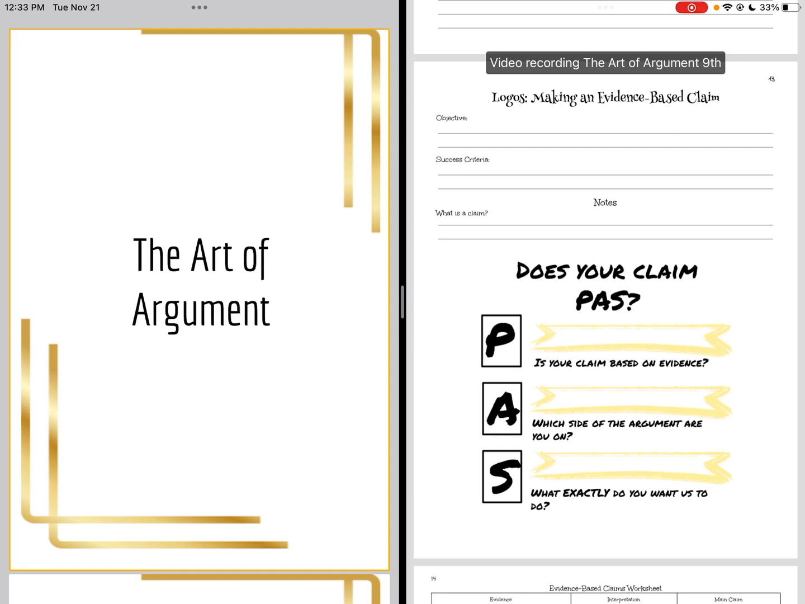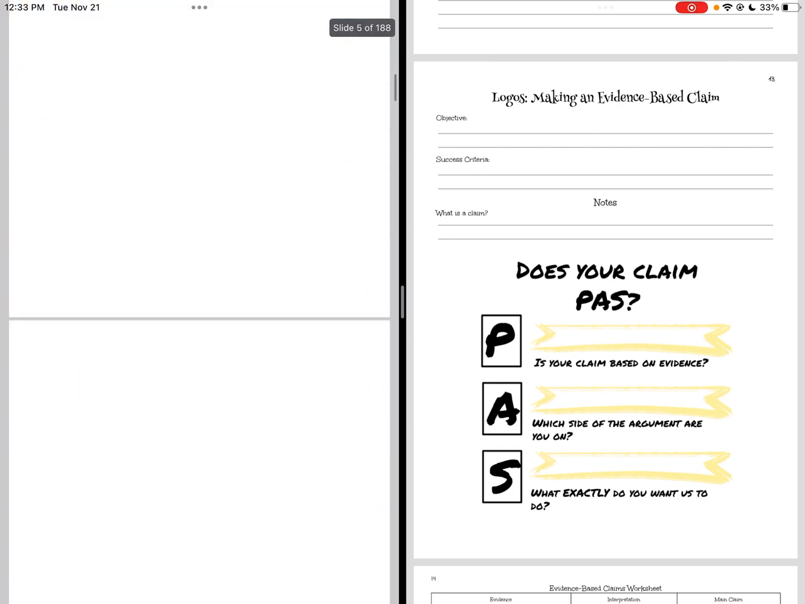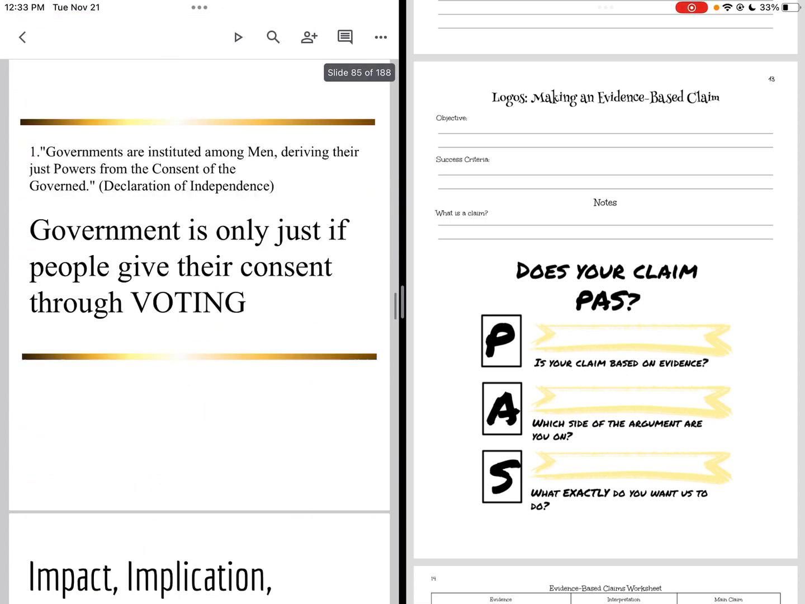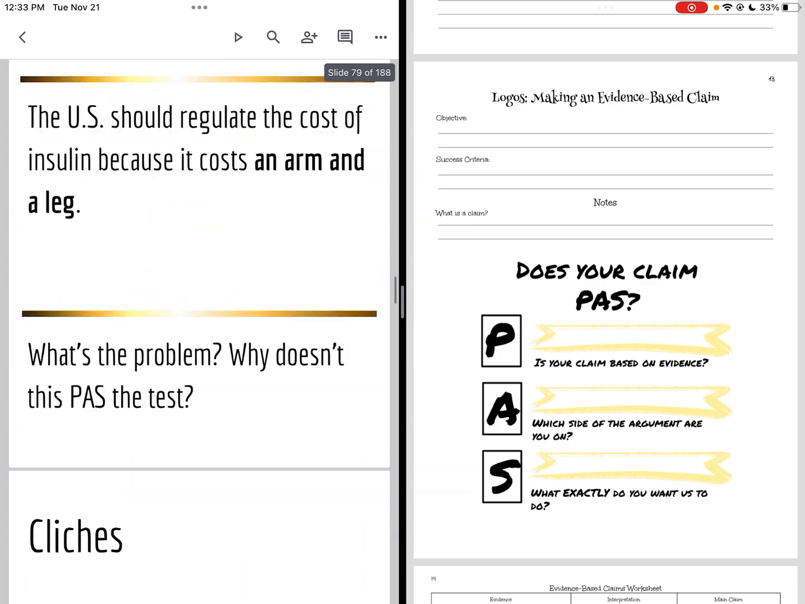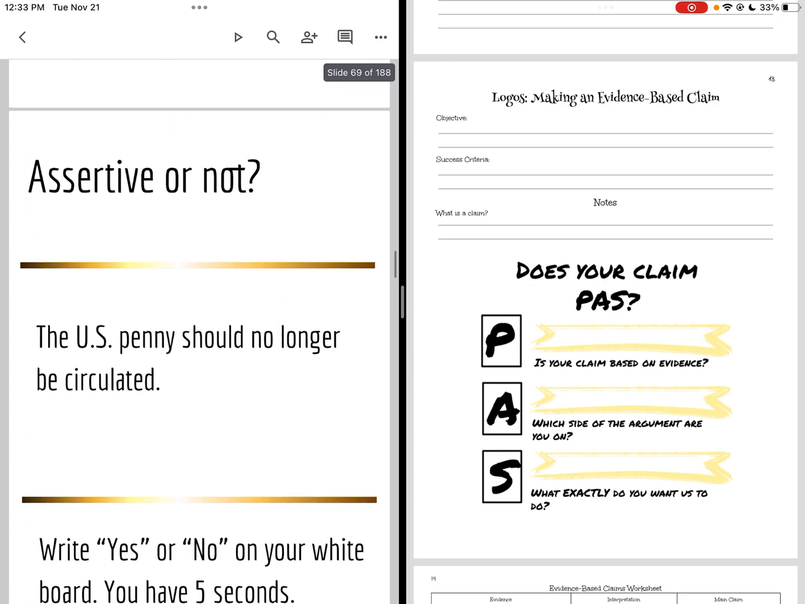Hey, welcome to this lesson. It's about making an argumentative essay. Today we're going to talk particularly about how to make an evidence-based claim. Now, first, in order to make a claim, we need to have a topic, right? So for your essay, I provided you with a specific topic